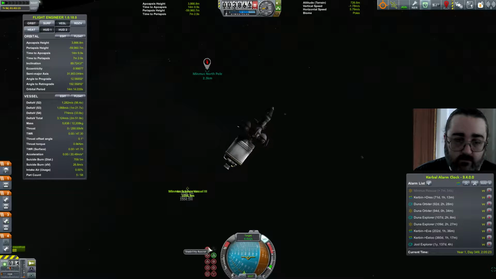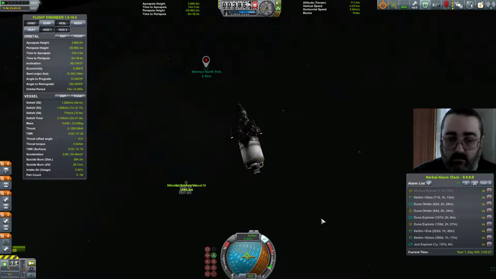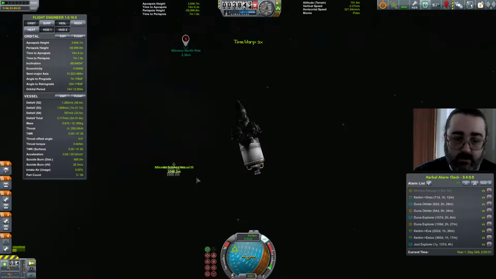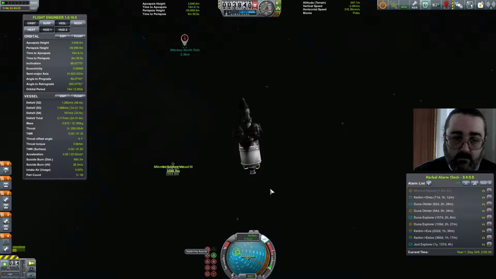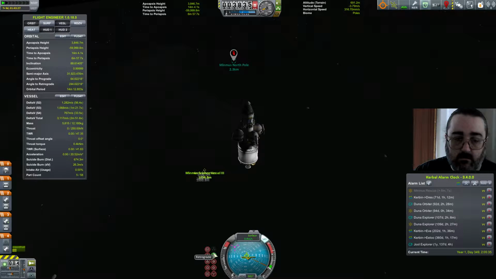Still okay for... I also realise that I'm killing my velocity relative to my target, not relative to the surface, which is actually what I need to worry about right now. So I'm actually going this way. I'm still very high up. I'm still okay. Let's go back to retrograde. Okay, let's...